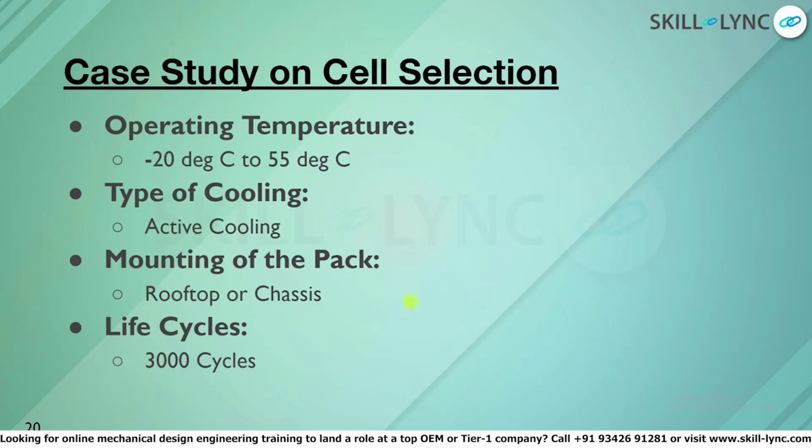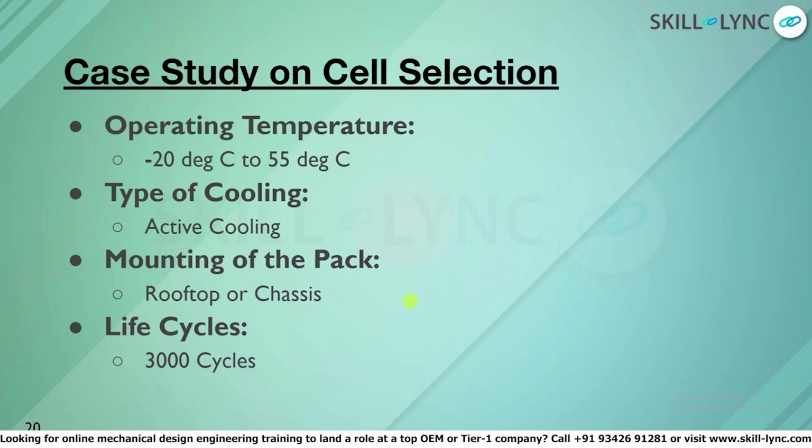So you need to have an active cooling for this, which means you have a cooling plate where water flows throughout it continuously so that the heat generated by the cells is always taken out. And then you have the location where it is going to be mounted. So here it could be either on the rooftop or chassis, and the life cycles that is to be achieved